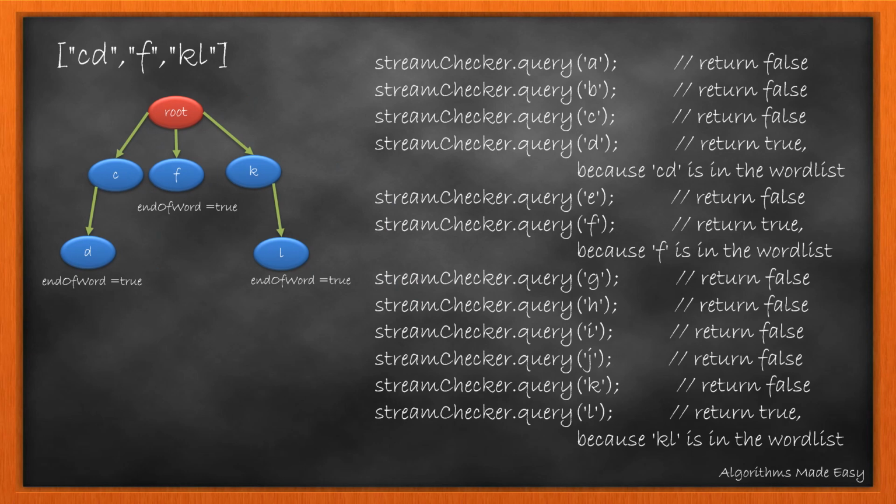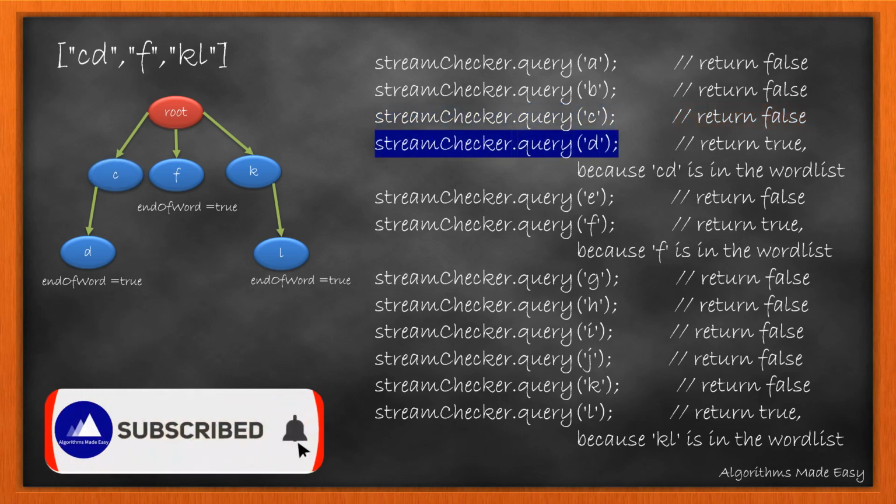Now comes the part where we need to call the query method and see if the current character and its previous query characters form a word which is present in the list of words or not. Let's see what it actually means. We'll start off with the first query. Now as A is not present in the root node, we are sure there is no word, so we return false. Same will happen with the next query, where we need to find if any word which is B or AB exists, using the previous query too. Coming to the third query, we need to find if there is C in the trie. C exists in the trie, but as we can see, it is not the end of a word, or C is not a word given in the list, so we return false for it too.